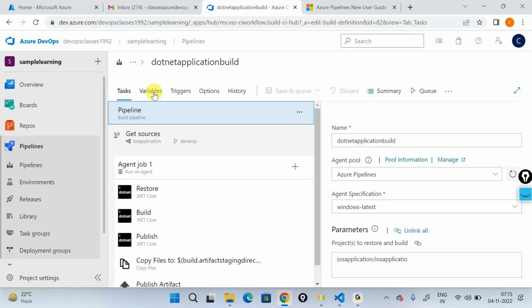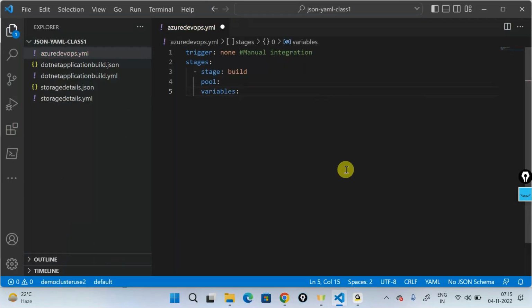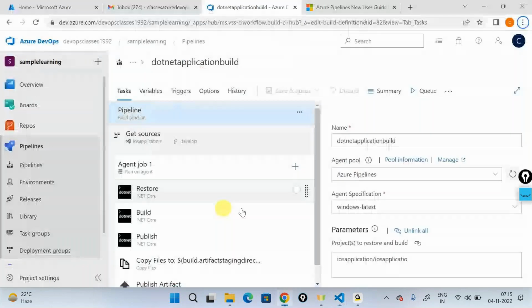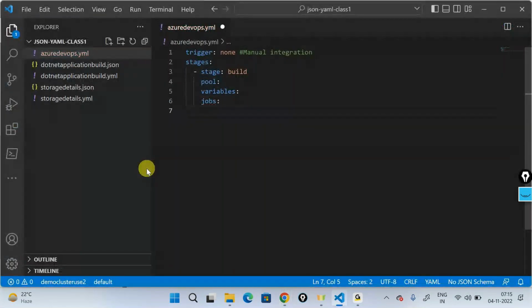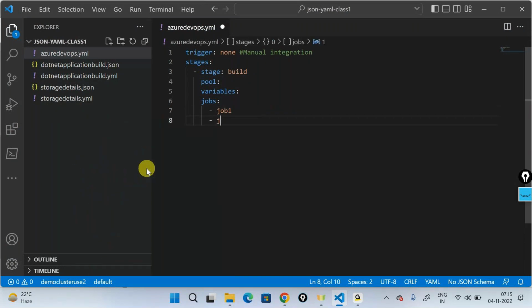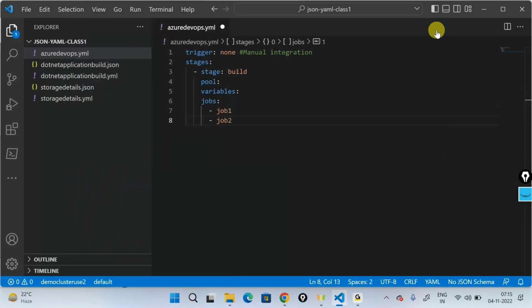You can also have a section for variables in YAML. You can do multiple variables out here. After that, you have something called jobs. This is this one, agent jobs. You can have multiple jobs out here, and under which I can declare something called job. Again, here you can have job 1, job 2, job 3, and so on and so forth. And under a job,